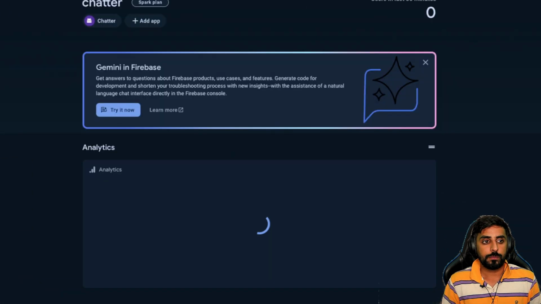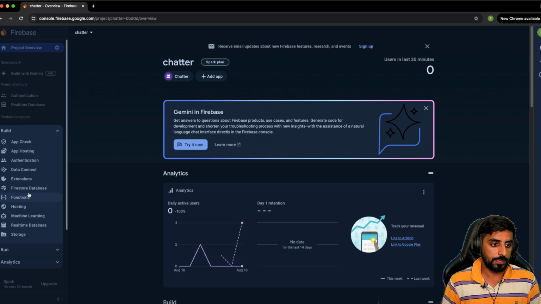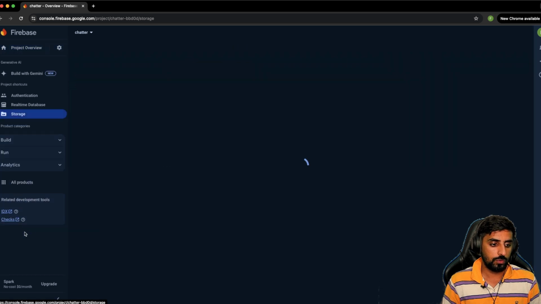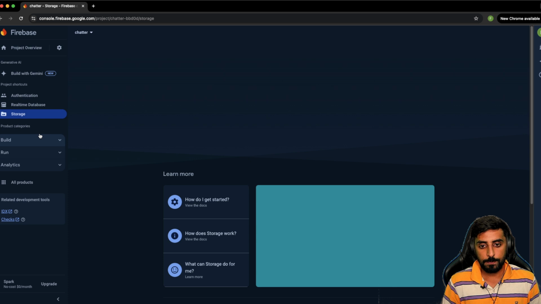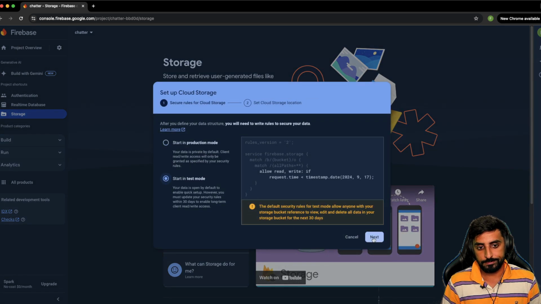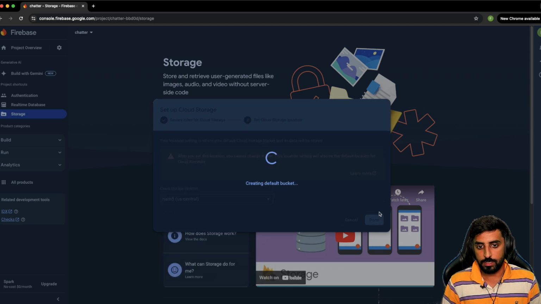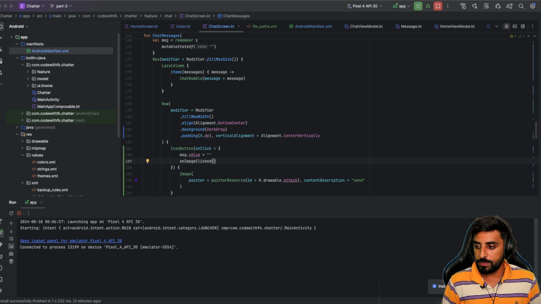Okay, so what you need to do is go to the build section and then into the storage section. Okay, and now in this section you just need to start in test mode and define one section for this. Okay, so this is, let's just let it complete. Okay,